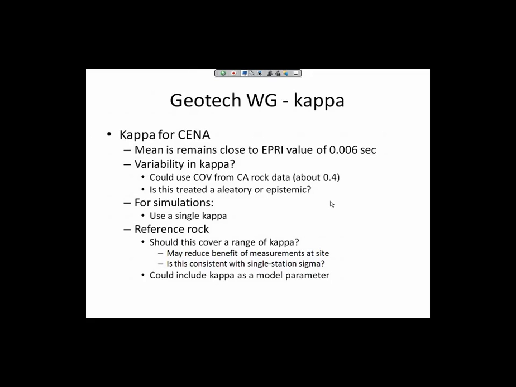So this, I think we will send back to our working group, and that we've got a center and a range of the VS30s that you're going to say you're going to capture, and we need to do the same thing for the Kappa values. So we'll have to update what Walt had just talked about of modeling some of the hard rock sites in the east, and see what is that distribution of Kappas that fall into the range of shear wave velocities that the reference condition is already supposed to capture. Right? Does that make sense to you, Seth? All right.